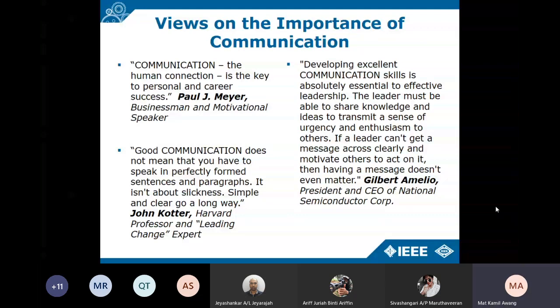So developing excellent communication skill is absolutely essential to effective leadership. So for cadets, when you are being trained to be a leader, you need to have good communication skill in order to lead. The leader must be able to share knowledge and ideas to transmit a sense of agency and enthusiasm to the others. If a leader cannot get a message across clearly and motivate others to act on it, then having a message doesn't even matter. So this is quite crucial for cadets because you will be leading your men,